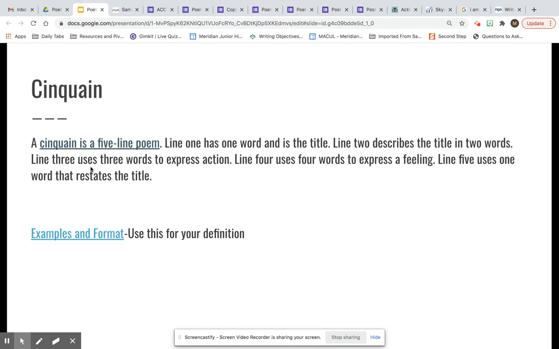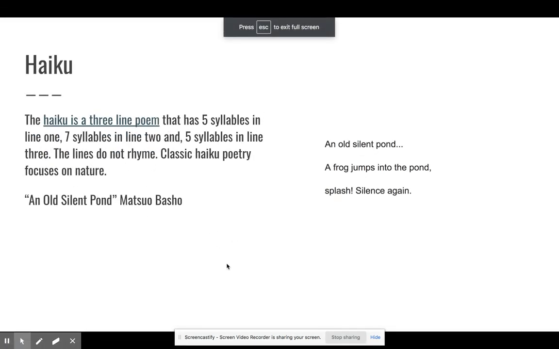All right, the next type of poem is called a haiku. I know that maybe some of you have heard this before, maybe you've learned it in the past, and maybe you forgot. A haiku is a 3-lined poem. Again, it's very short, but this one comes with a challenge. They have different syllables. And if you don't know what syllables are, it's just how many sounds are in a word. For example, the word water. I usually tell kids to clap it out. So water, water. Or if I said table, table, okay?